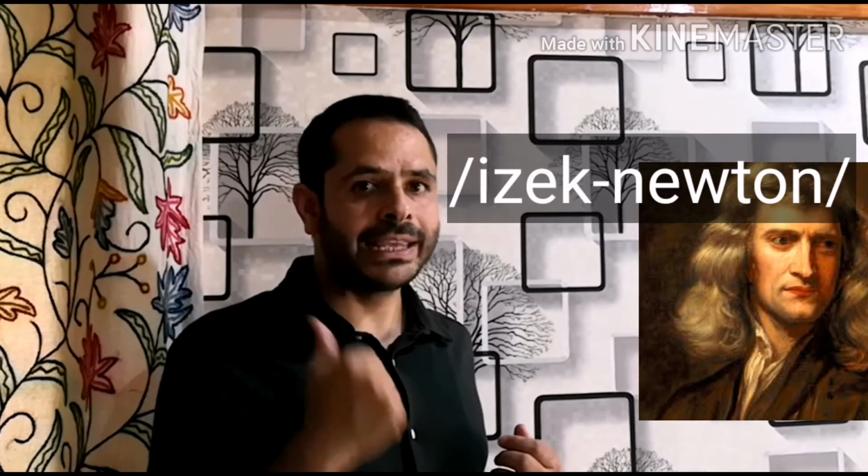And now we have this scientist. How do you pronounce this? Kashmiri people say Isaac Newton, but he's not Isaac Newton. He is Isaac Newton. First, it was Guy de Maupassant, French writer, and now we have Isaac Newton.